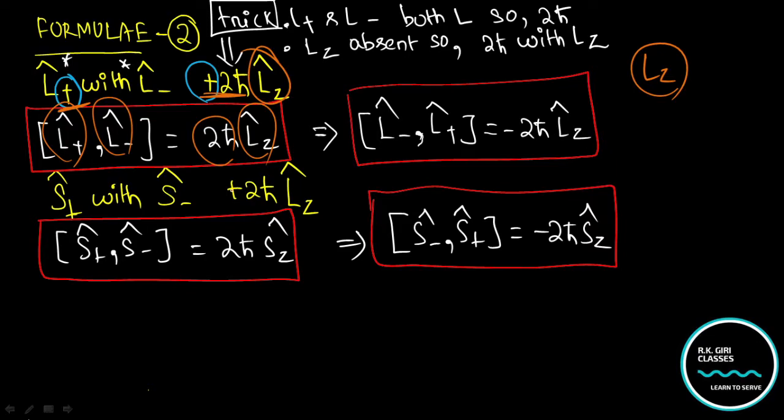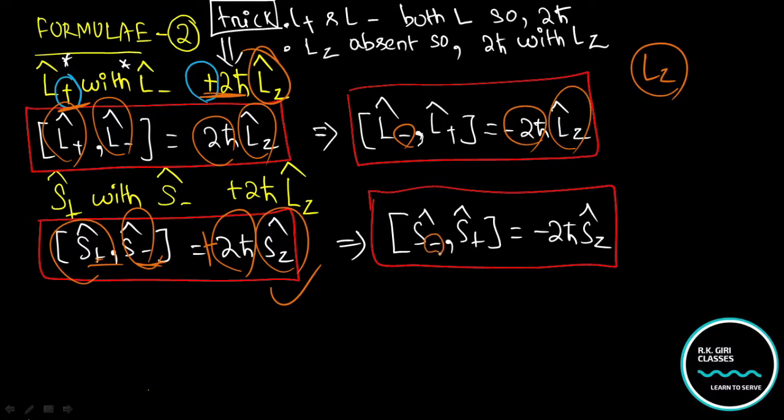Clear this point, right? Similarly, S plus S minus, that means both will be there, that means 2 h cut. Starting with plus, that is plus 2 h cut, right? Sz, you are missing Sz, put Sz there, right? Starting with minus, then you will have minus 2 h cut, right? Missing Lz, that's why put Lz there. Starting with negative, that is minus 2 h cut. Since both are present, that means you will put 2 h cut. Either S plus or S minus will be there, that is only h cut. Clear this point, right? Starting with negative, that's why minus 2 h cut Sz. Clear this point.